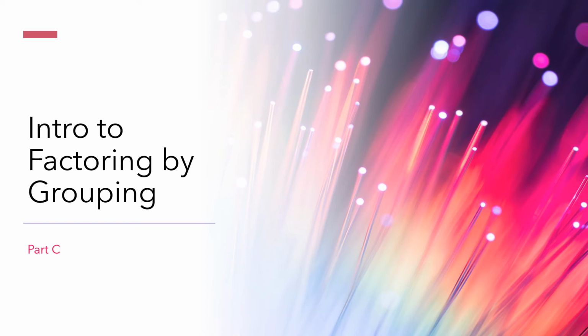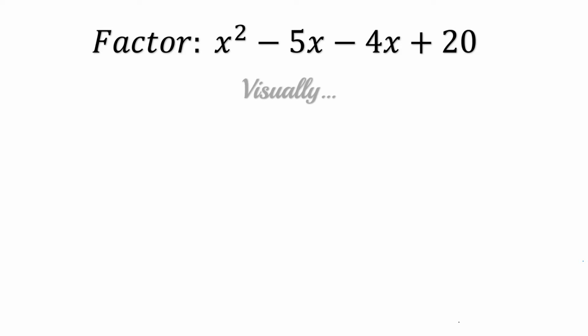Let's look at more examples of how to factor by grouping. This time, we're going to be looking at expressions where both of the coefficients for the x terms are negative and our constant is positive. So visually,